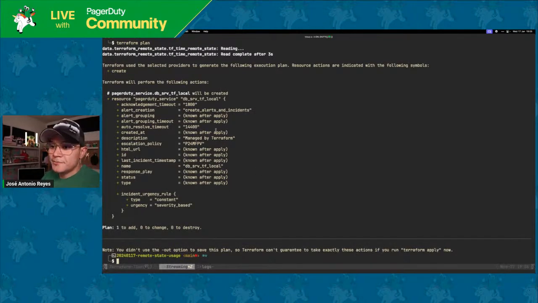look at that. This is going to create a new service with the ID of the escalation policy in the remote state, or the other configuration being managed by the team accountable for escalation policies, user onboarding, offboarding, and schedules, also teams and team memberships. And if I apply this, auto approve,